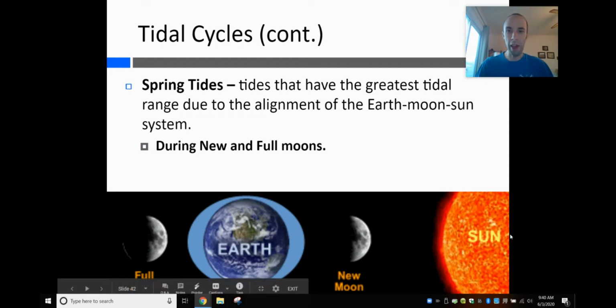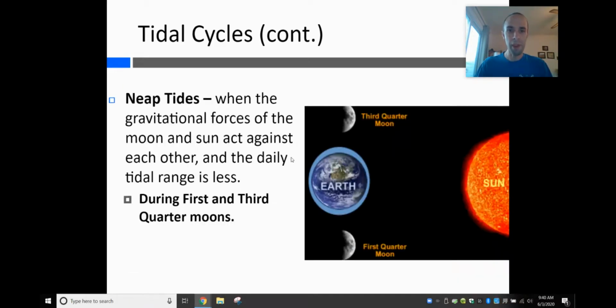And that's due to the alignment of the Earth and the moon and the sun all in a straight line. And that's going to happen during the new moon and the full moon, so twice a month. Okay, it also happens that we can have this counterbalancing act, and that's called a very fun word, a neap